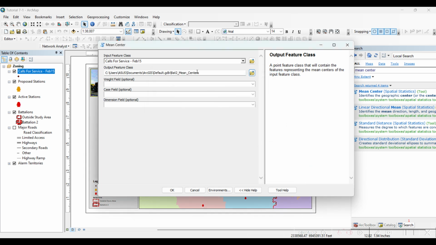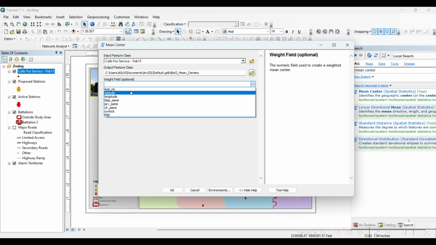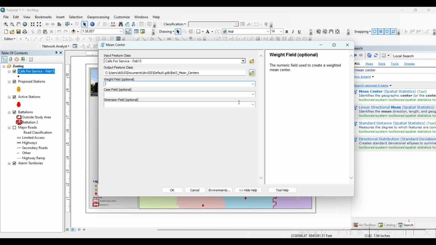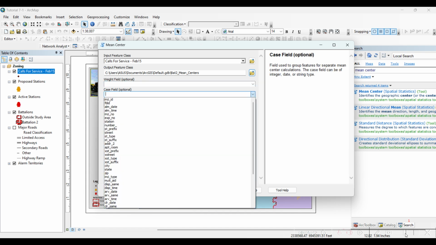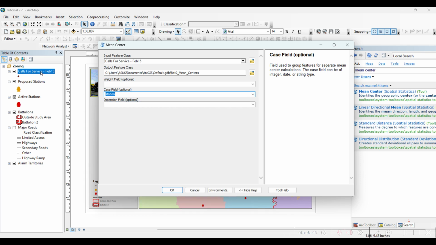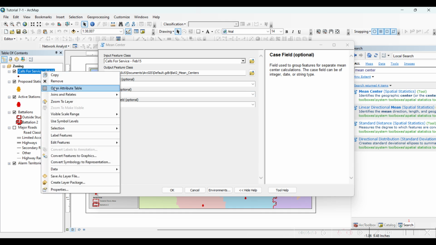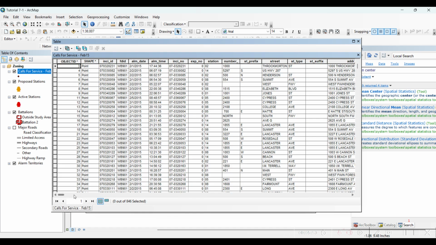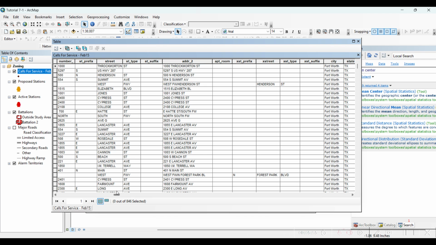Save. Case field is station. We can take a fast glance. So we see here there are many